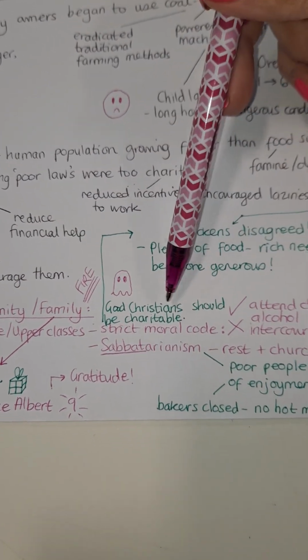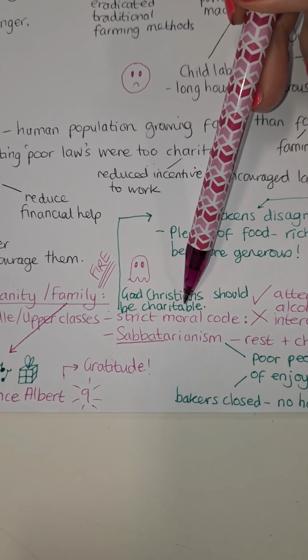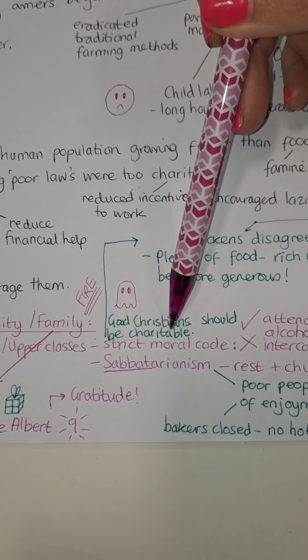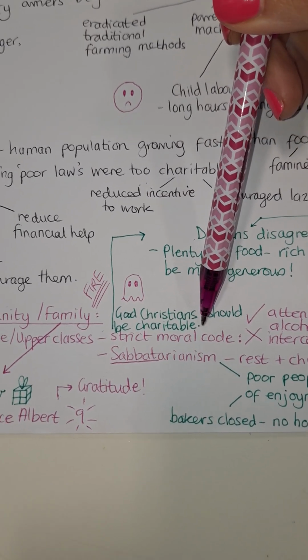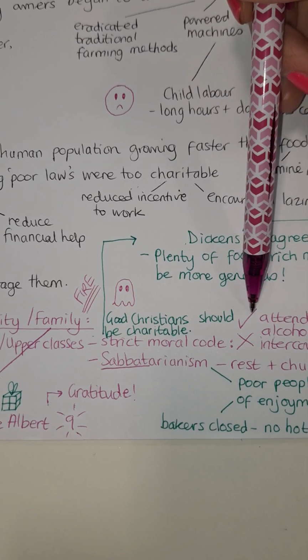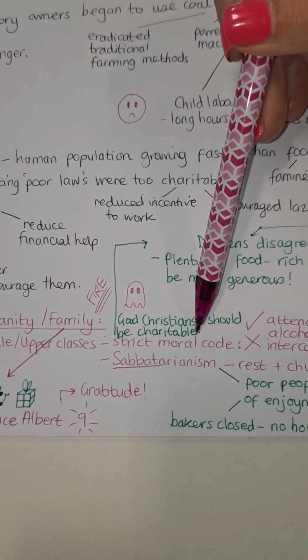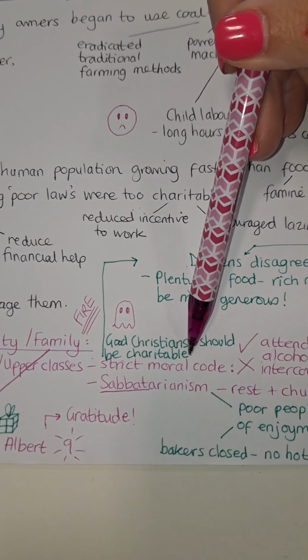But Dickens, he disagreed with this. He said, well, actually, good Christians should be charitable, should be good people. They should be seeking out opportunities to be a good person. And we can see that in people like Fred, really, can't we? Fred is Scrooge's foil character. So he's someone that he could and should be like. And that's what Dickens is trying to show us through the character of Fred.